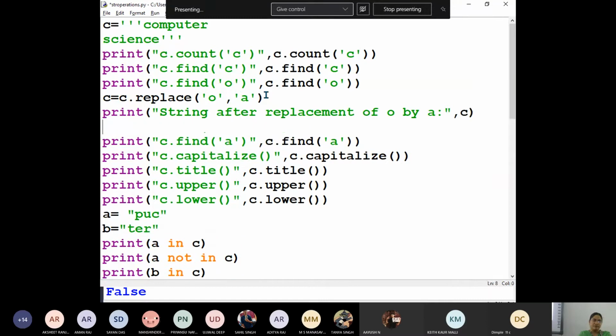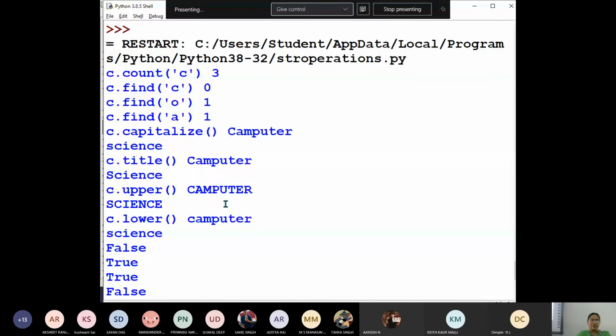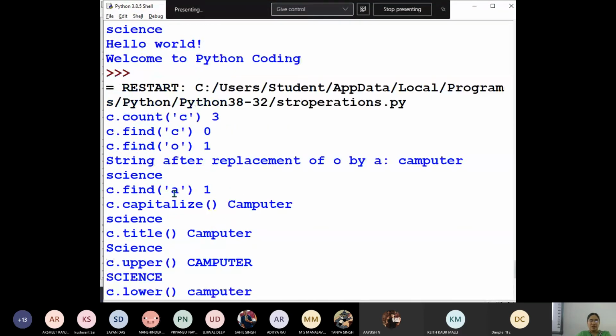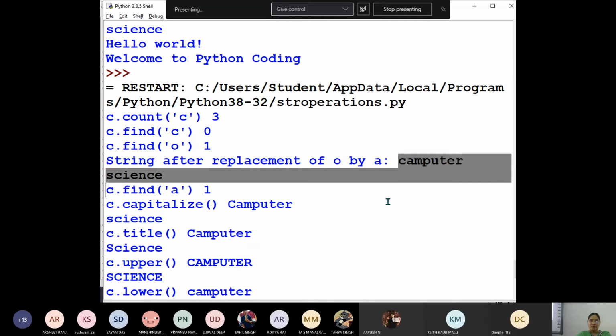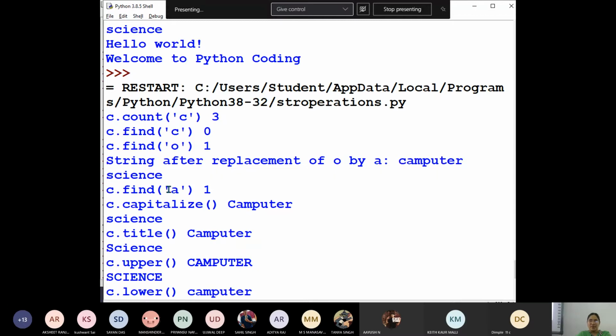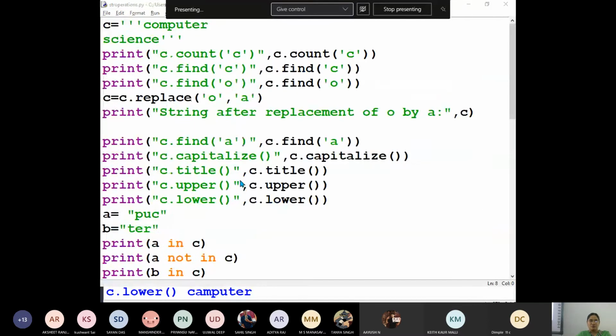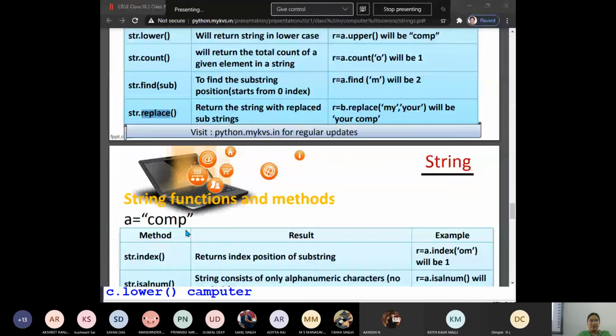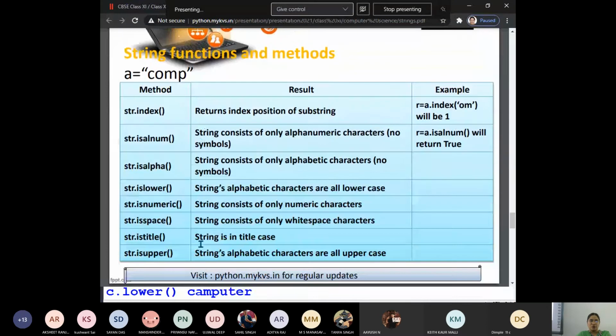C. Now you can see, children. So string after replacement of O by A, computer has become computer. Yes or no? Computer science का हो गया computer science. Now A is there in this string or not? Yes. At what location? First index. Okay. Let's execute. Let me show you.